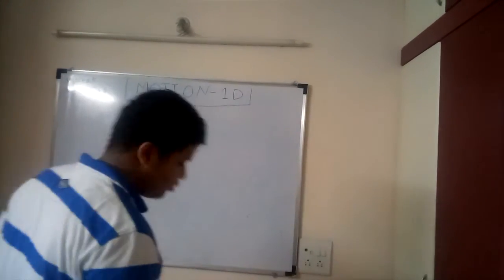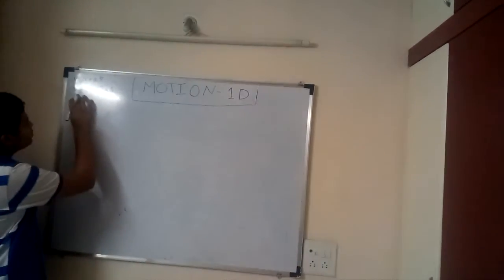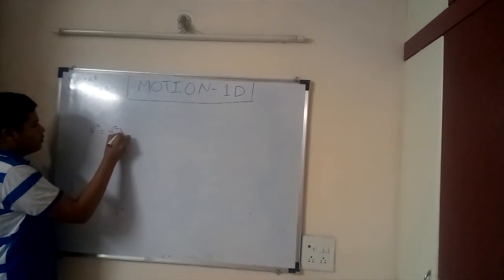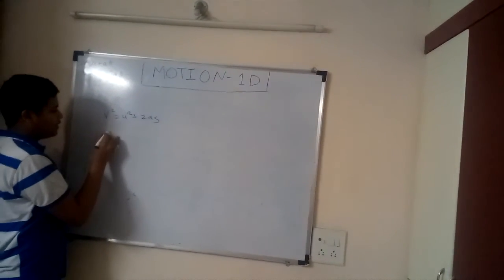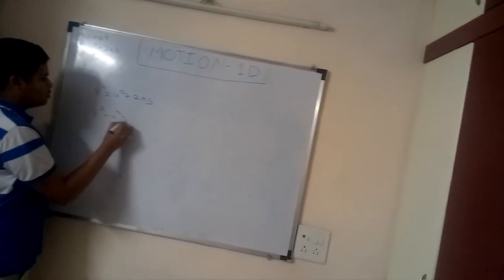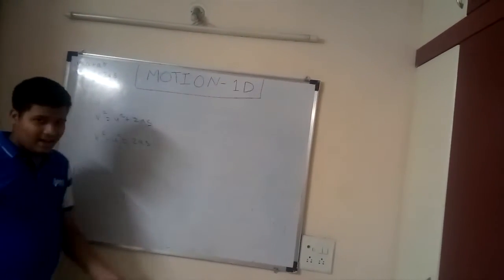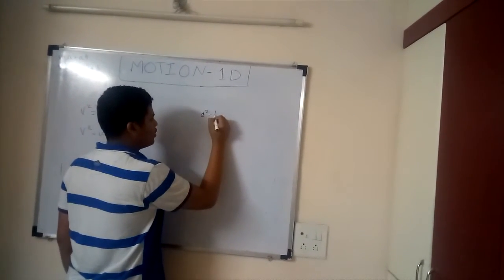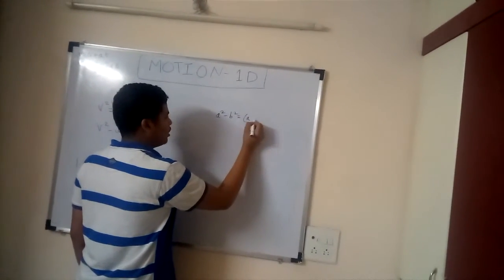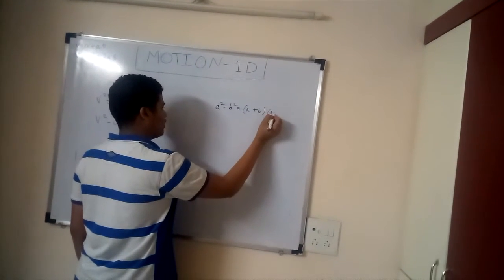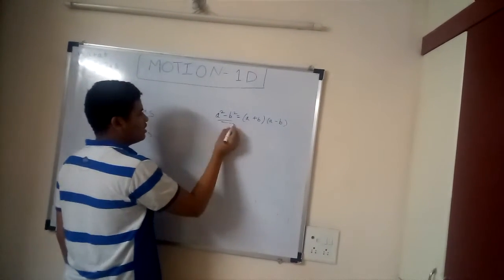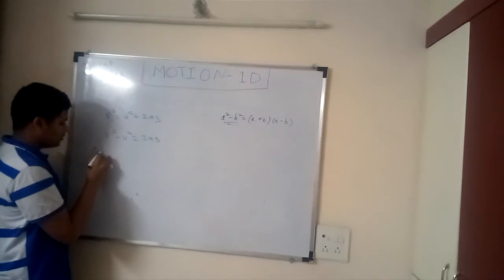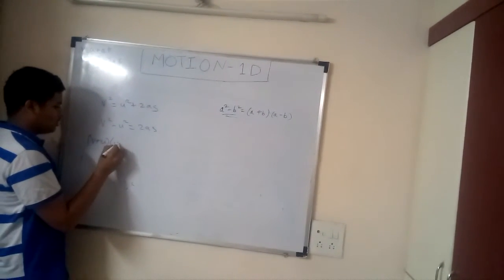Okay, now I am going to derive the third one. This is v square is equal to u square plus 2as. I can write it as v square minus u square is equal to 2as. Now, in 8th or 9th standard, you may have studied that a square minus b square is equal to a plus b into a minus b, and this same form is possessed by this one. So I can write it as v plus u into v minus u